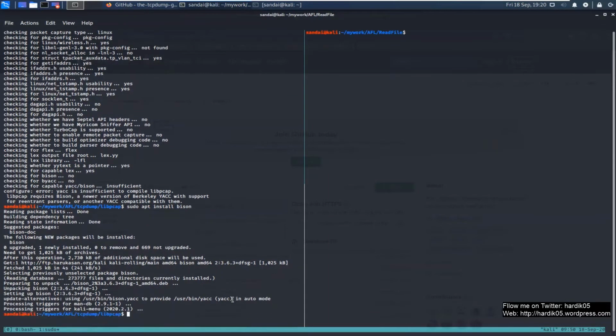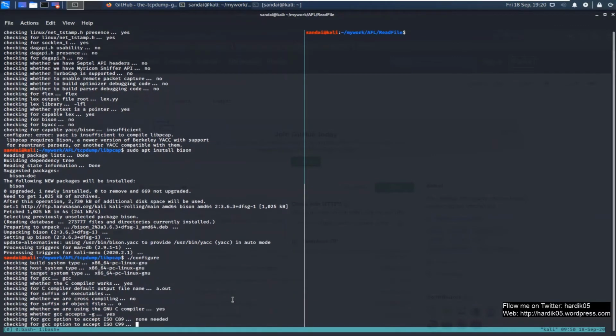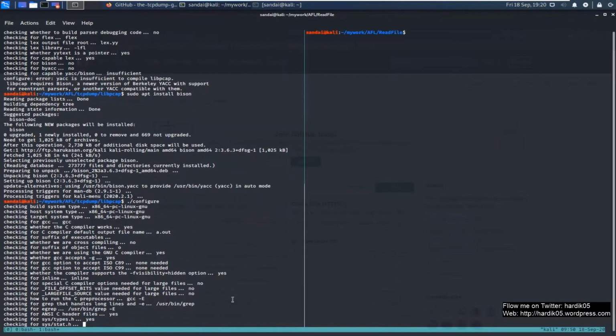And for those of you who don't know, there is a bug bounty program for tcpdump, which is called Internet Bug Bounty. That actually offers you some bug bounties for tcpdump if you find any critical issues which can lead to remote code execution. So if you are fuzzing tcpdump and you find any crashes, you can report it to IBB, and you might get some bounty for that. So okay, let's configure it again and see if we are able to compile it or not.